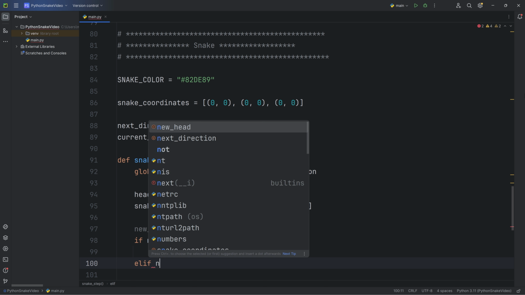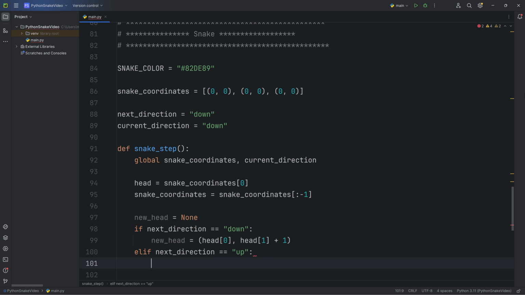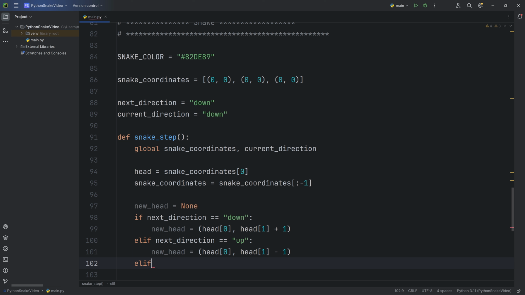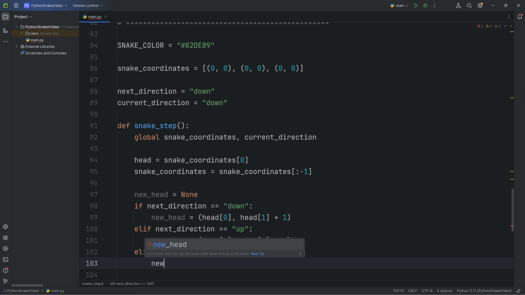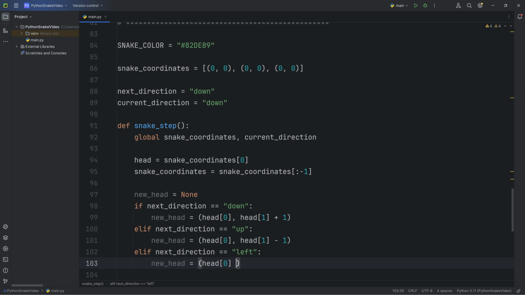If next direction equals up, new head equals head of 0, head of 1 minus 1. If next direction equals left, then new head equals head of 0 minus 1, head of 1.